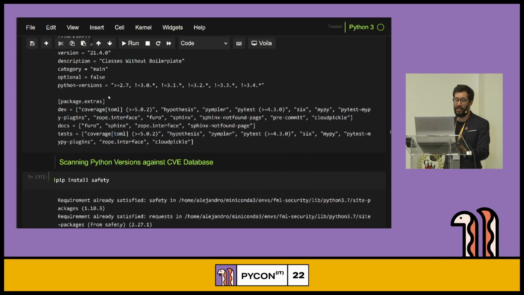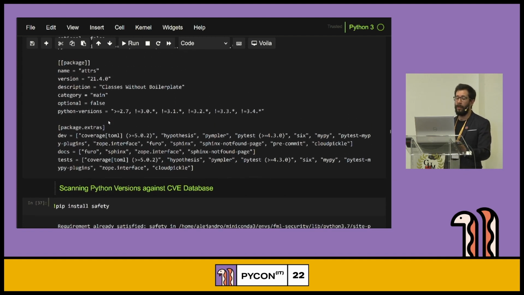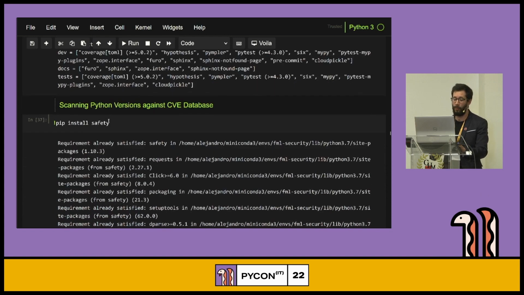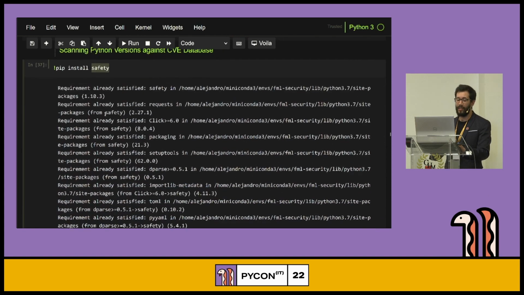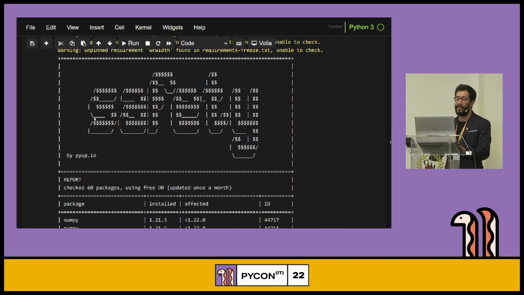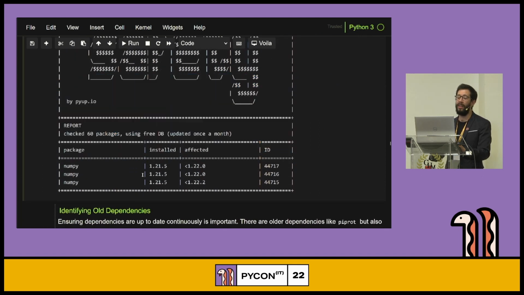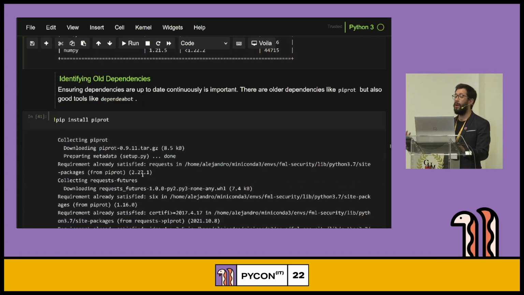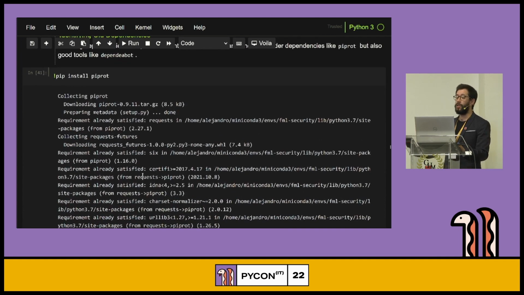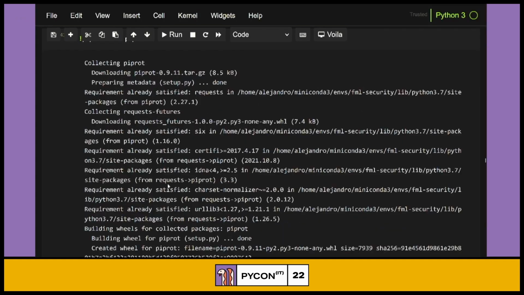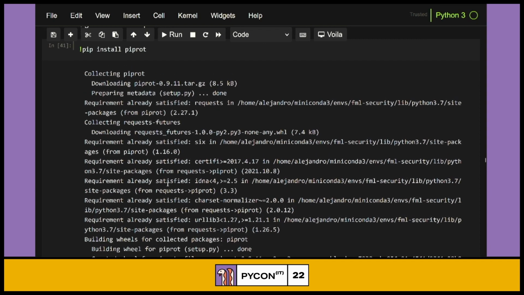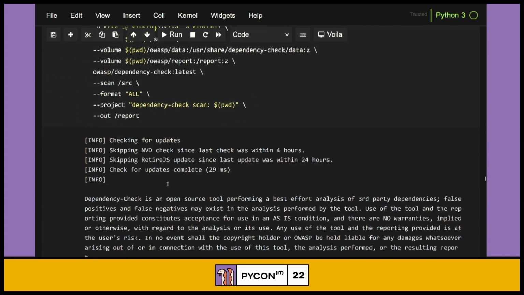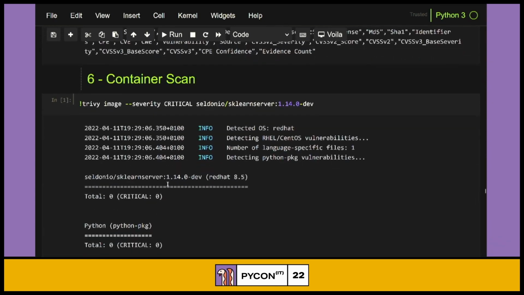And this basically allows you to keep track of all of the first, second, and higher level dependencies of your code. You can also use tools like Safety that allow you to perform scans on your dependencies to identify if there are vulnerabilities with the current versions of the dependencies that you're running against. And this is important, as you want to make sure that you keep that updated. And finally, you can use projects like piprot, which tell you, basically like Dependabot, which dependencies may be deprecated or old that you should be updating. So there are a lot of resources that you can use.